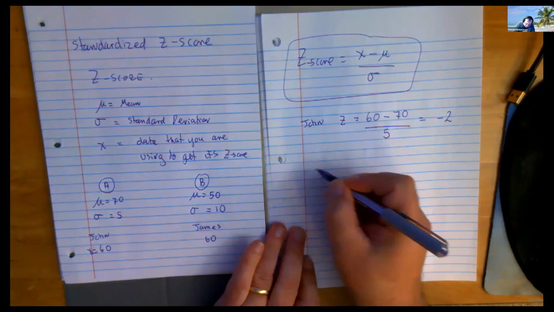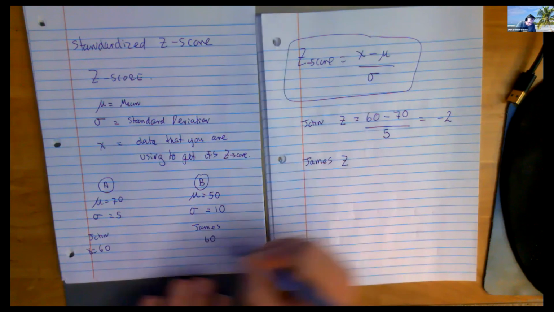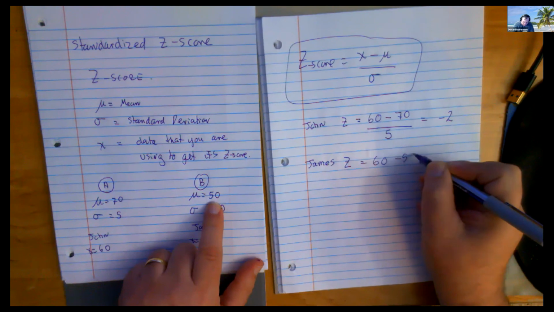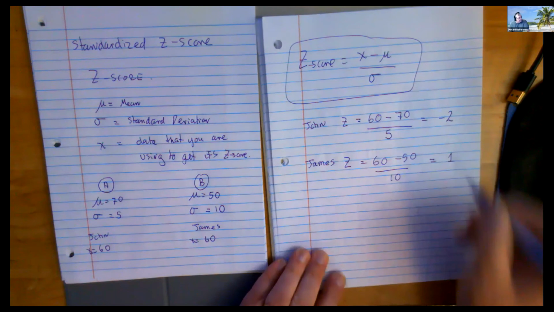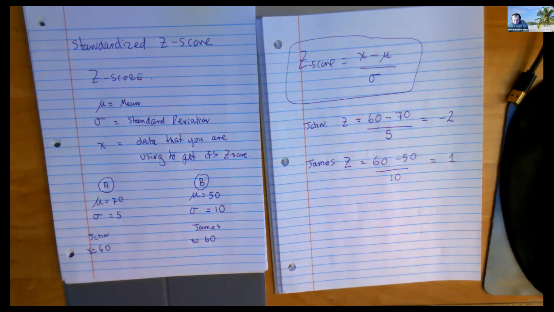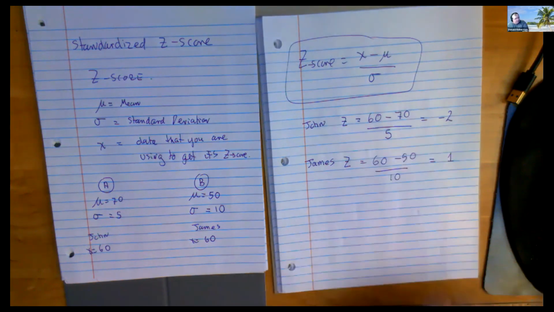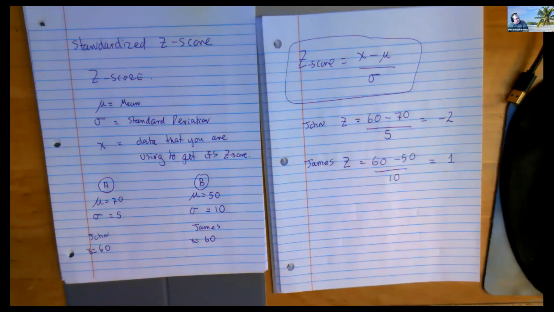Now, let's see what James did. He's also 60, but isn't his mean 50? And isn't his standard deviation 10? And isn't his z-score 1? So we can quite unequivocally say that James did better, relatively speaking, than John did, because James has got a bigger z-score than John. Are we cool with it?